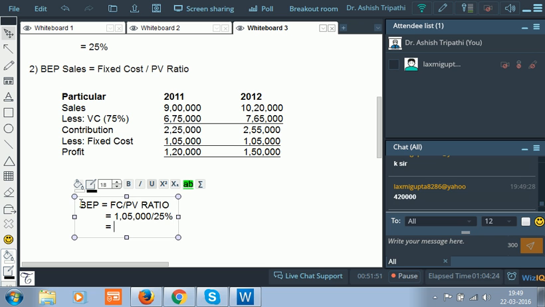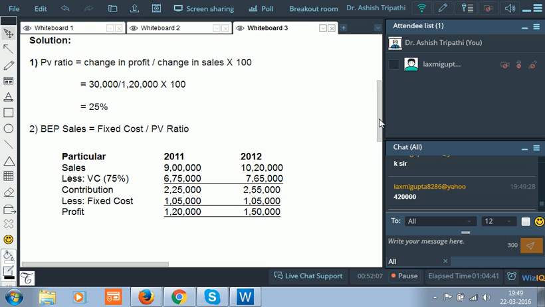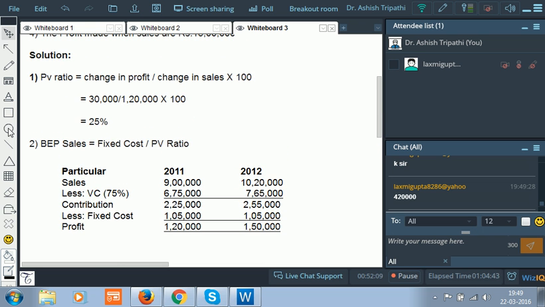So if you calculate this, let's see कितना मिलता है. 1,05,000 divided by 25%, we are getting, wow, you're great, you're getting correct answer, 4,20,000. आपको तो marginal costing आता है. 4,20,000 is break-even